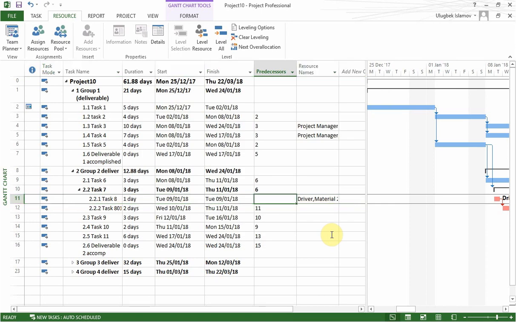So for your project, you can assign as many materials as requested, and you can also identify the costs of them. So in the next video